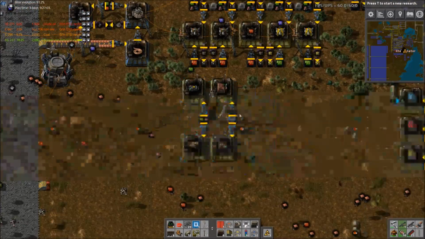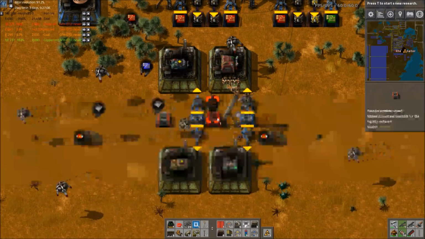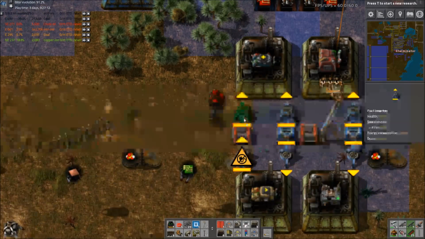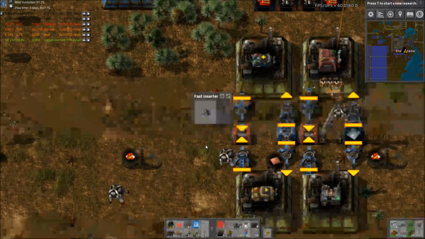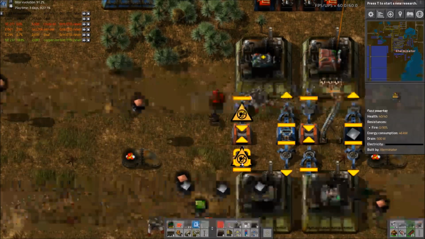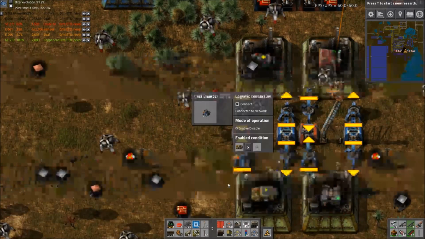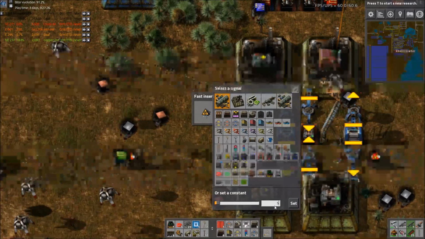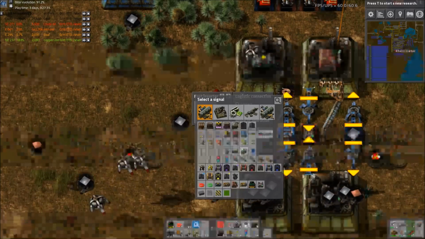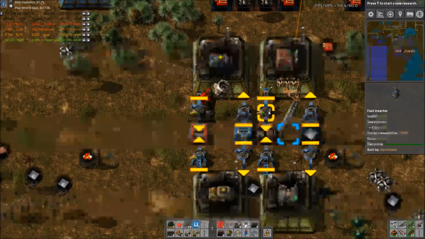Okay, is this even in? Yeah, it is. Okay. So, we're not going to use these much, right? This is essentially just for this. So, what am I doing? This one, it's that combinator. The decider combinator, if it's less than, let's just say 50, should be good enough. What we're going to do is copy this and then just change this to that. It's really kind of easier than...